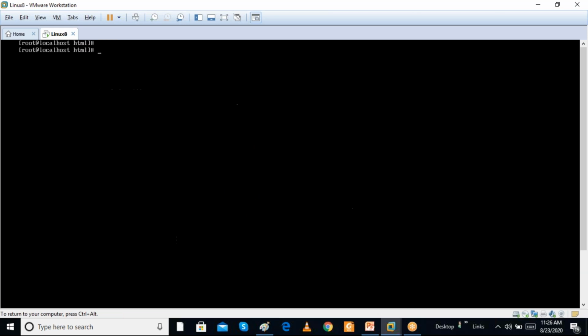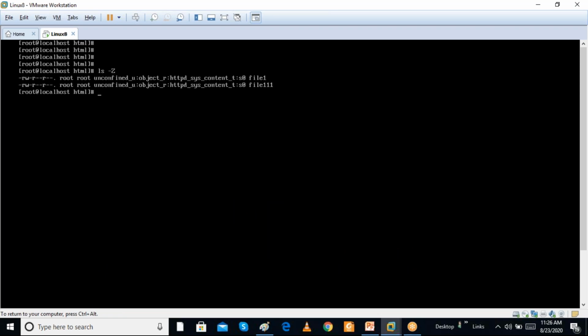So we can check the security context with ls -Z, and now I am checking. It is coming in the third field, httpd_sys_content_t. What is the SELinux context? unconfined_u, object_r, but we can ignore all that. We are focusing only on the third field, httpd_sys_content_t. That is the context of the file, and the process also has a context. Then if it is matching, only then can the process open this file.